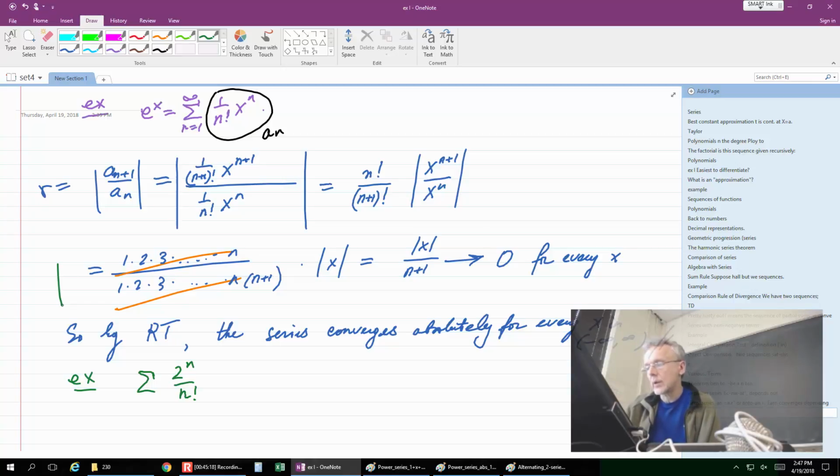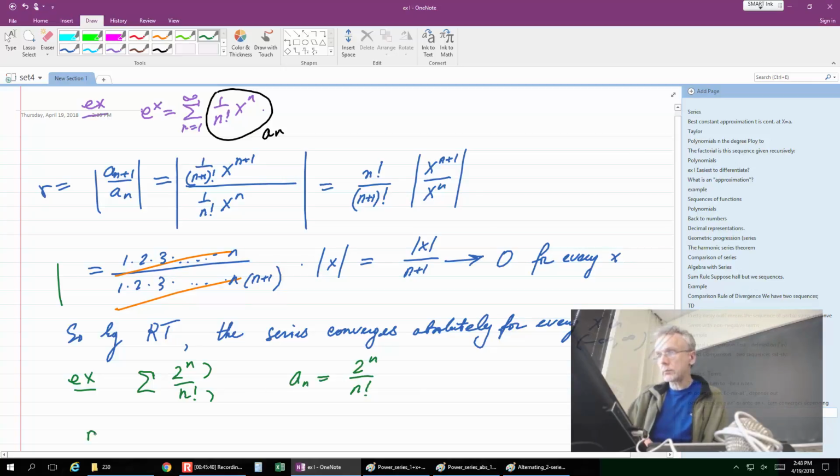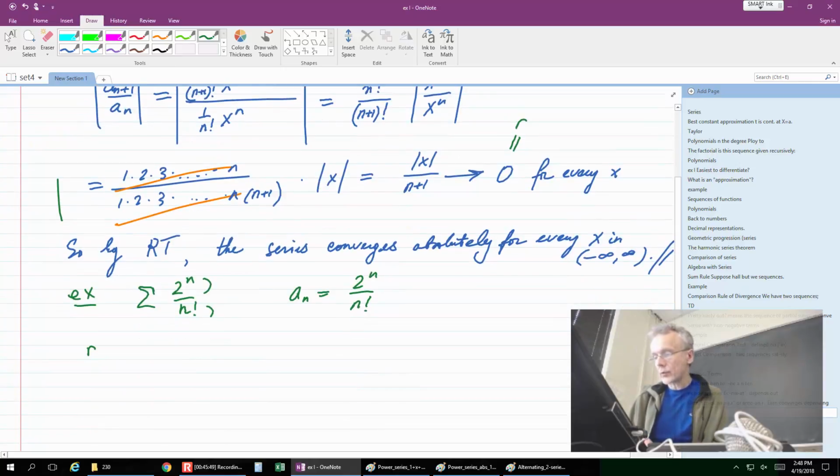Why? Because both of them are defined recursively. So the power is what it is. Every time you move on, you multiply by 2. That's what the numerator is. And the denominator, as you move on to the next one, you multiply by n. Either way, the rest is gone once you start doing fractions. So a_n is equal to 2 to the n over n factorial. The ratio I want is a_(n+1) over a_n, so it will be 2 to the n plus 1 over (n plus 1) factorial divided by 2 to the n over n factorial.